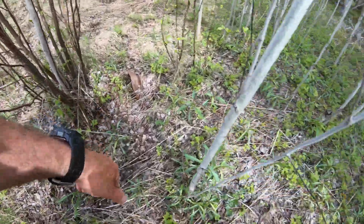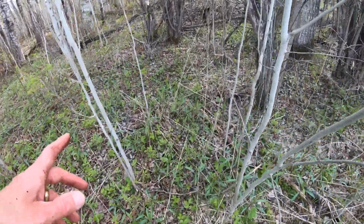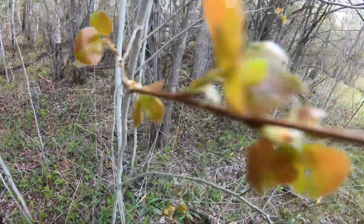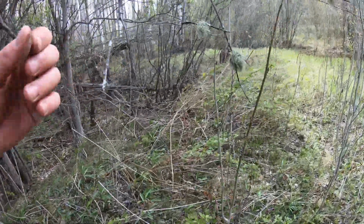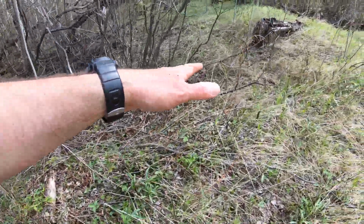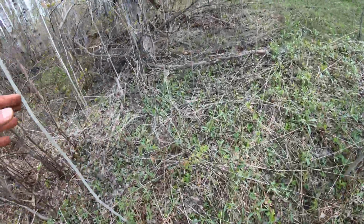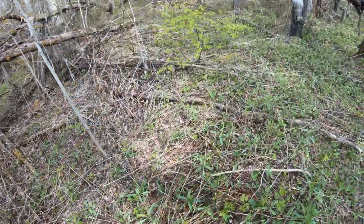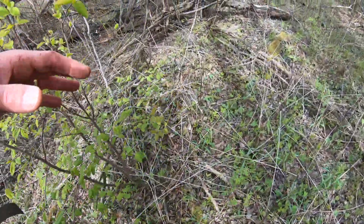There's a piece of metal there. And then here, it might be hard to see on the camera, but I can make out the berm of something here. There's kind of a depression in the middle here. So I can definitely make out kind of a berm line. I tried probing the ground a little bit with my knife to see if there was